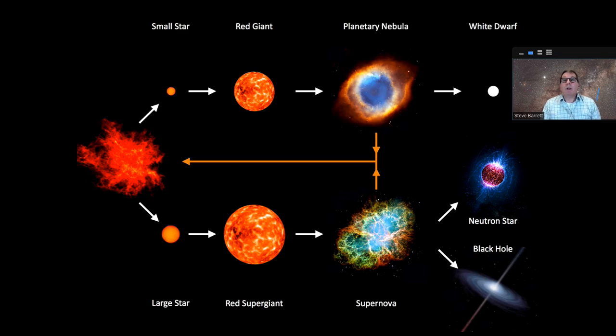On Earth, we know that the Earth's crust is made of lots of heavier elements. It's made of aluminium, and it's made of copper and nickel and iron, and there's also silver and gold in there as well. So there's lots of heavy elements in the Earth's crust. So that means the Sun cannot have been born simply from a cloud of hydrogen. It must have been born from a cloud of hydrogen which already had heavy elements seeded into it from previous